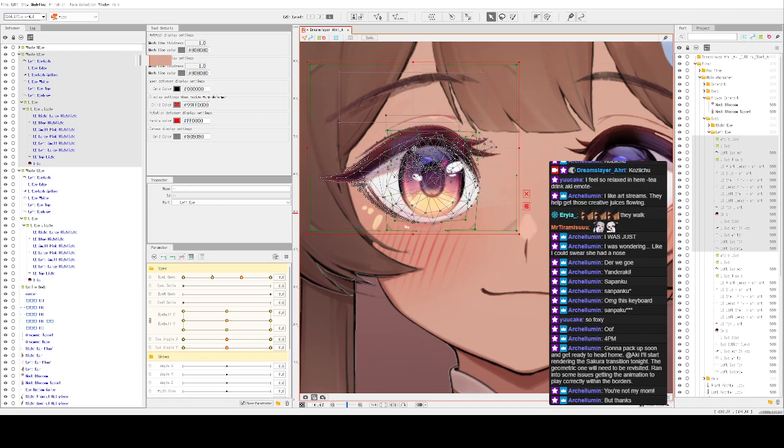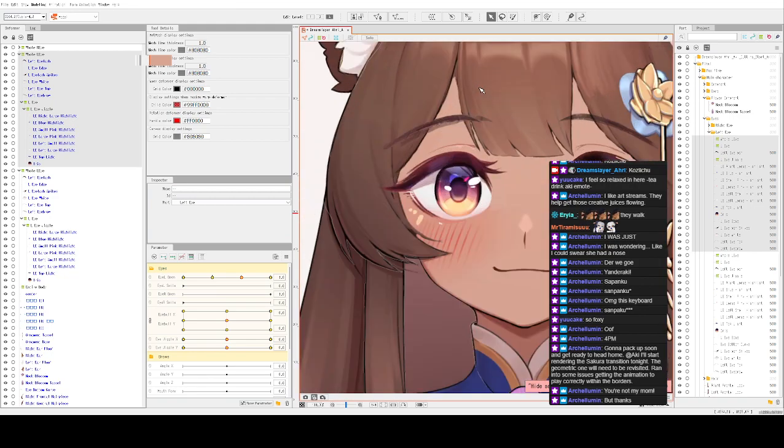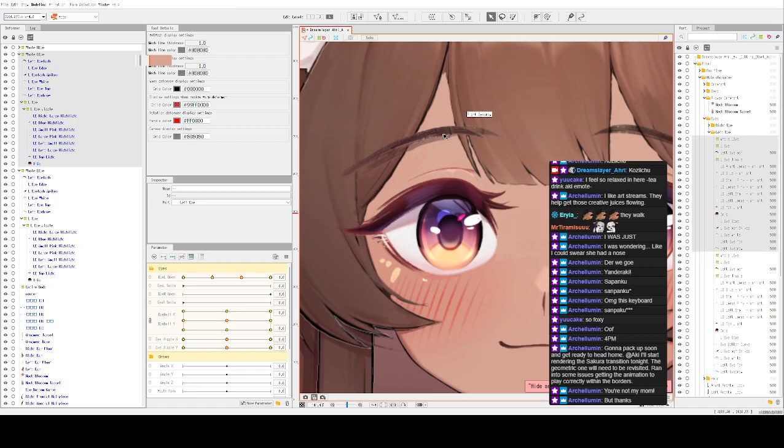The one difference is that her brow is very different on this side. So by doing this I can keep her eye like this. Let me hide all of this stuff. Yeah, I think I can leave her eyes like this, but I'm gonna want to